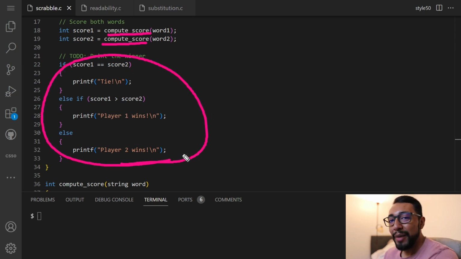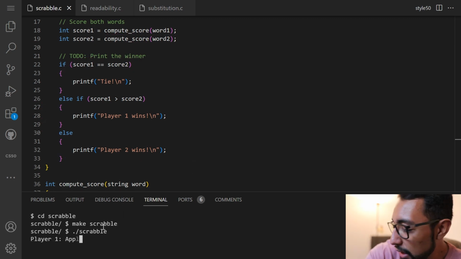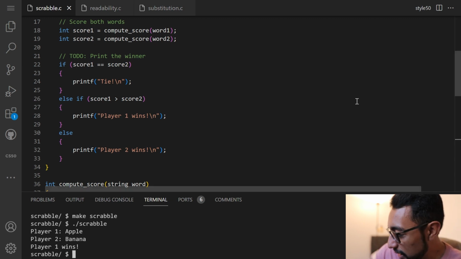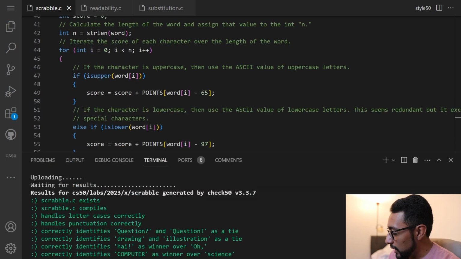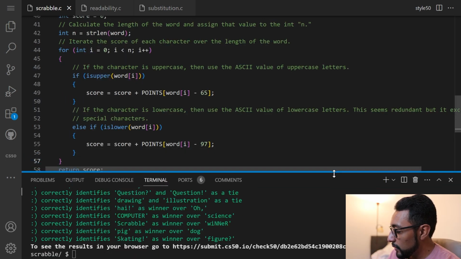Perfect. So that's Scrabble. We can go ahead and run it and just make sure everything looks good. So let's go ahead and do that. So yeah, let's do apple, banana, player 1 wins. Excellent. Cool. So ours is working great. So perfect. So let's go ahead and move on to